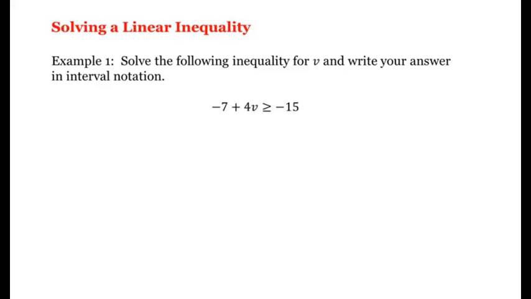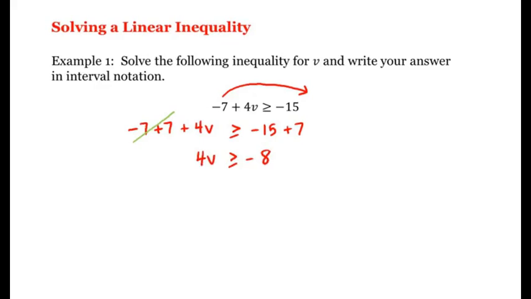Let's begin by getting the -7 to the right-hand side, or we'll add 7 to each side. In other words, we have -7 plus 7 plus 4v is greater than or equal to -15 plus 7. And -7 plus 7 is 0, they'll cancel. And we're left with 4v greater than or equal to -8. Now let's divide both sides by 4,